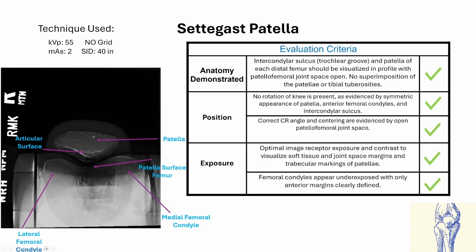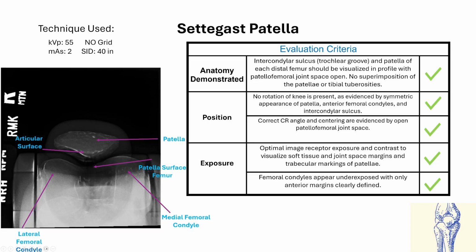Positioning requirements require that no rotation of the knee be present, as evidenced by symmetric appearance of patella, anterior femur condyles, and intercondylar sulcus. This is met on our image. We also need correct CR angle and centering to be evidenced by open patellofemoral joint space, which you can see